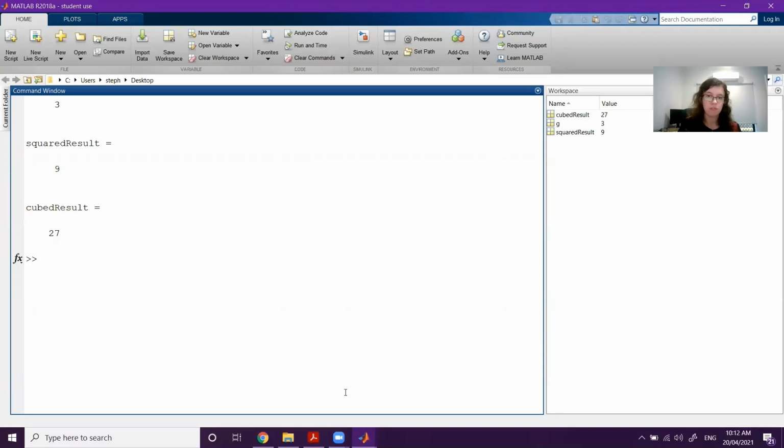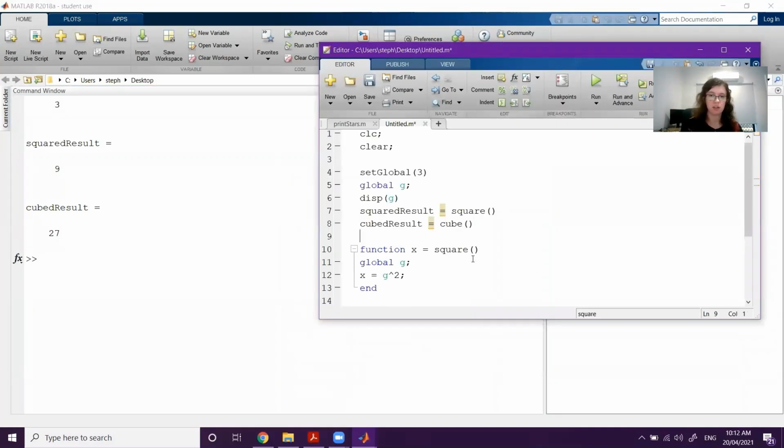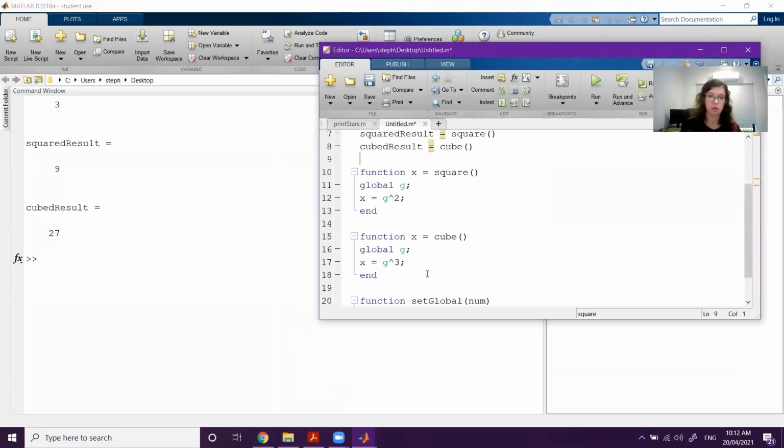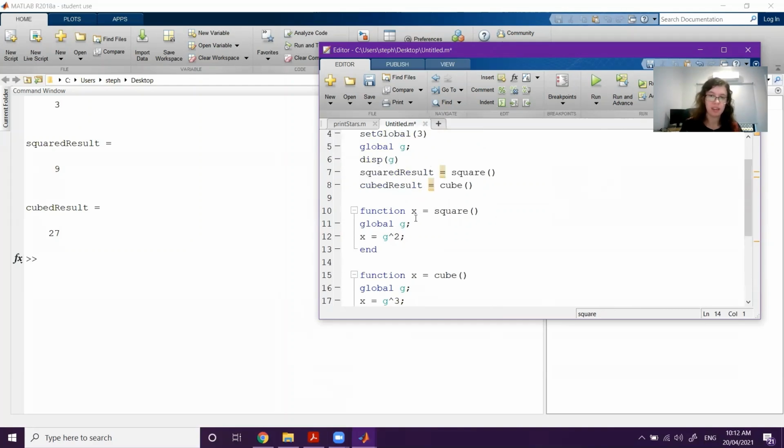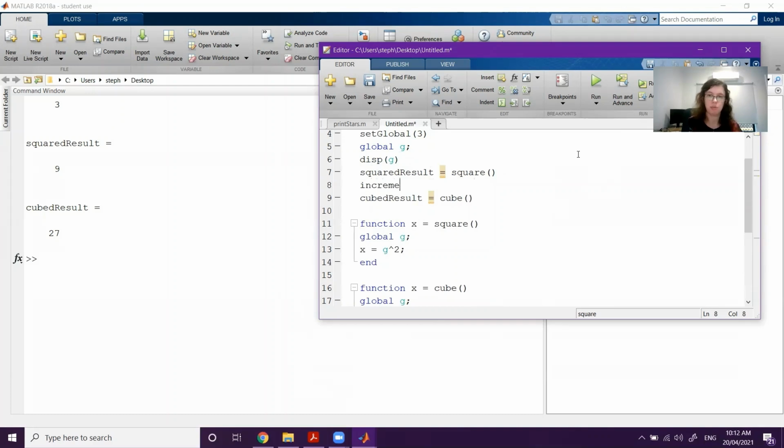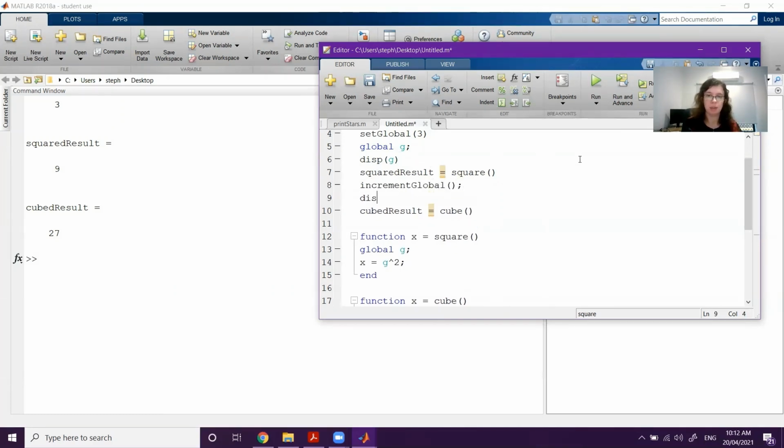You could also modify g. So you could, I don't know, add another function called, let's go function increment global. So we would take global g, say, and go g equals g plus 1. So we're adding 1 to the global copy of g. If I did that before I called cubed result, so let's say I did increment global here, and then display g again,